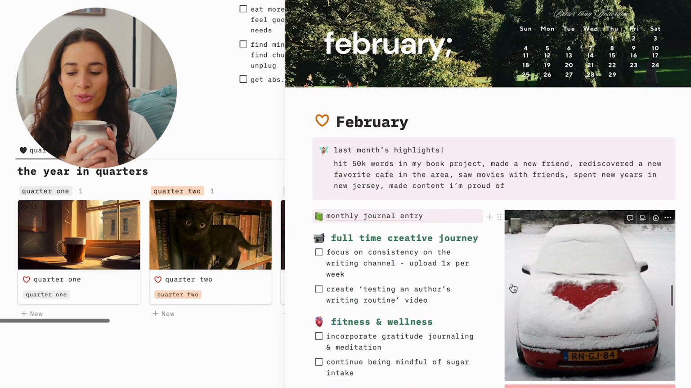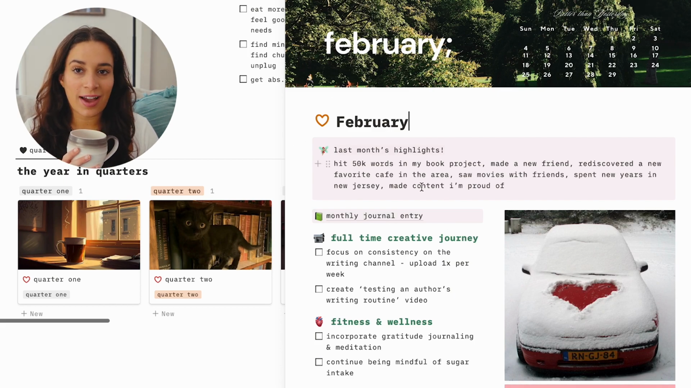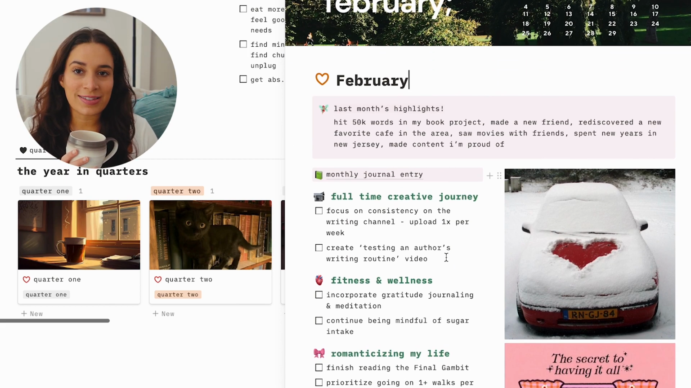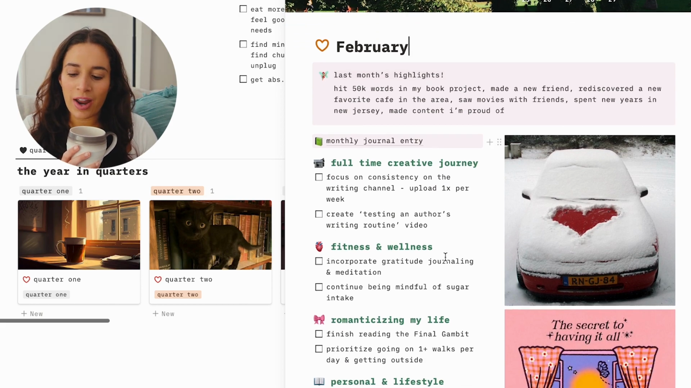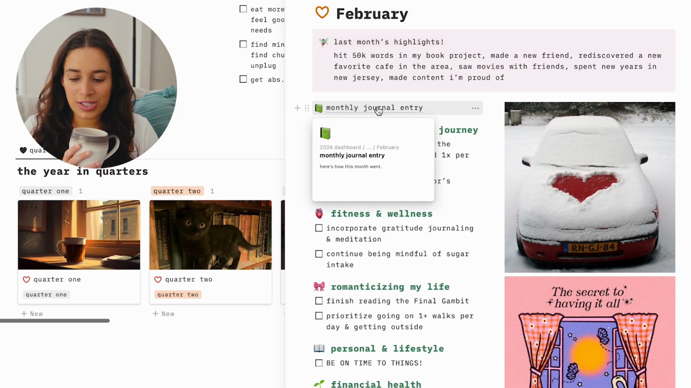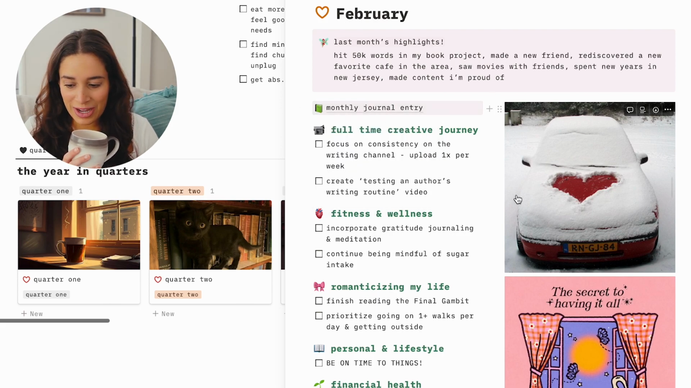There it is. Okay. So the way that I do my monthly spreads is I have a section for last month's highlights, where I'll list some of the things that happened last month that made me happy or were a highlight for one reason or another. I'll do a monthly journal entry, which I still need to do for February. But essentially the goal with that is to just have a complete overview of how I'm doing in that moment